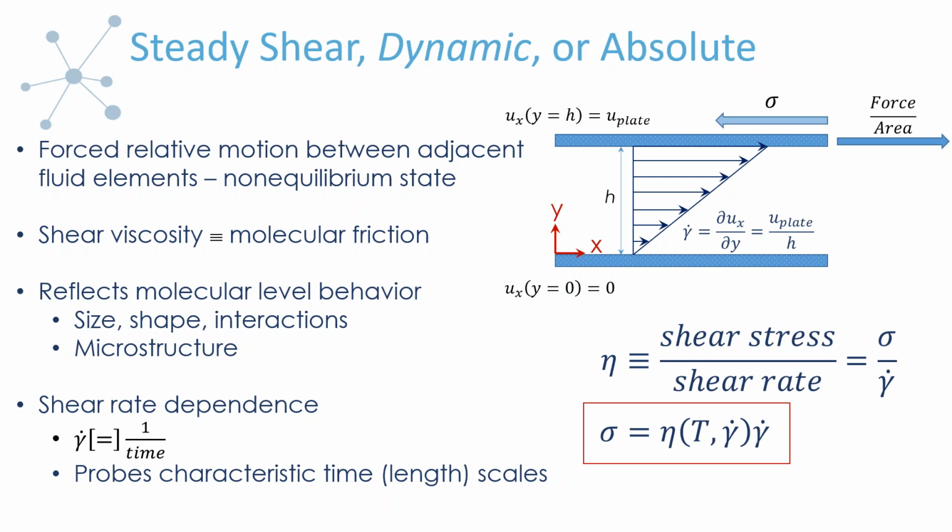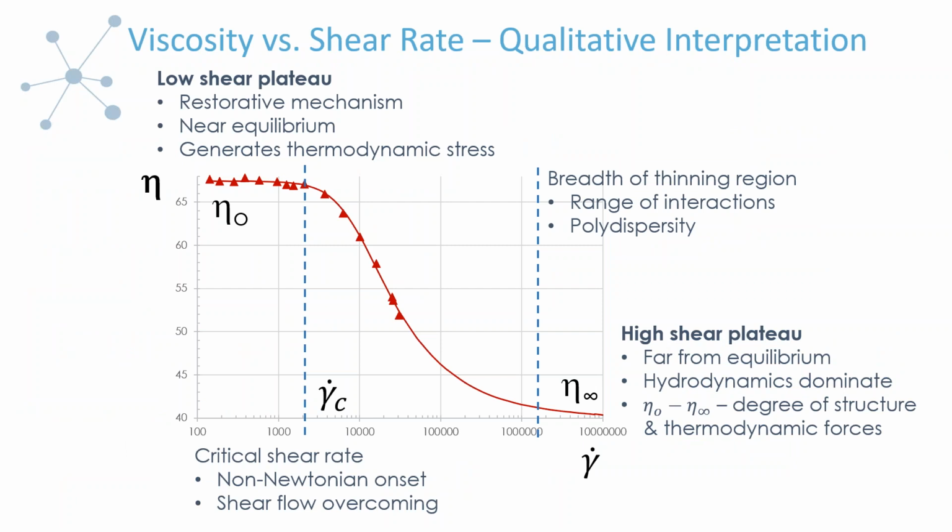Okay, so this is steady shear, dynamic, absolute. The majority of our instrumentation measures this. You also get this from rotational instruments, cone and plate, parallel plates, cuvette, things of that sort. So while we're talking about the steady shear viscosity, I wanted to actually jump into looking at these limiting or plateau values. Since we're thinking about steady shear viscosity, let's talk about what these values are.